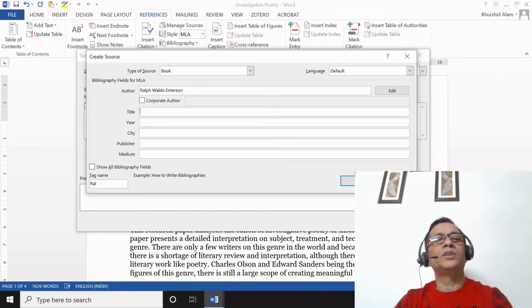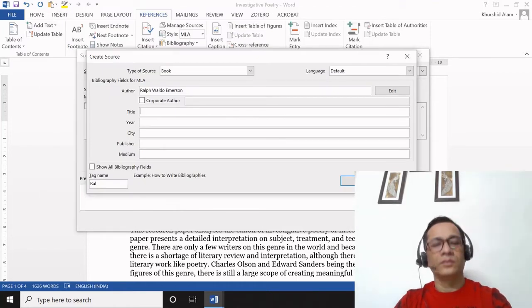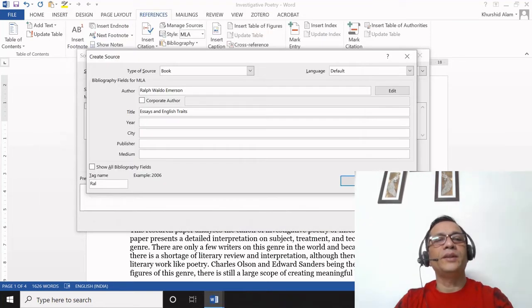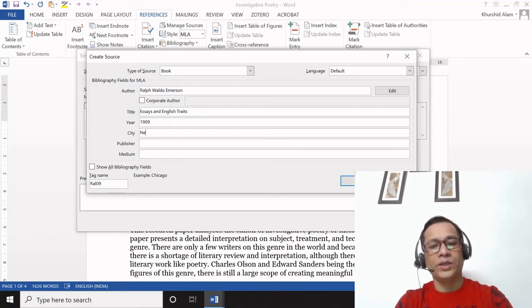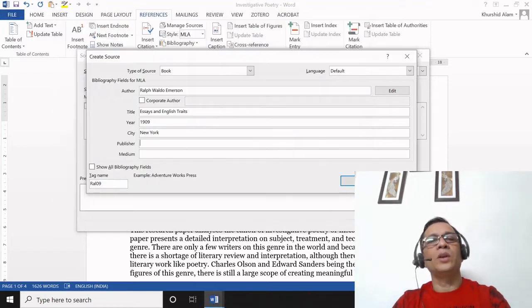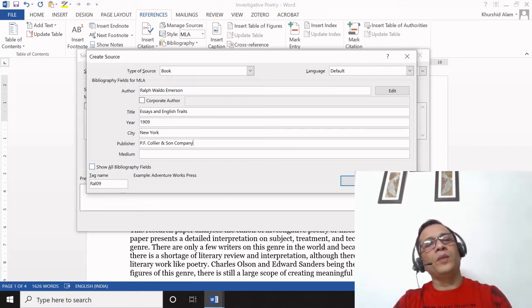And then the title of the book. Then the publication year, that is 1909. City, that is New York. And then publisher. Publisher is P.F. Collier and Son Company.